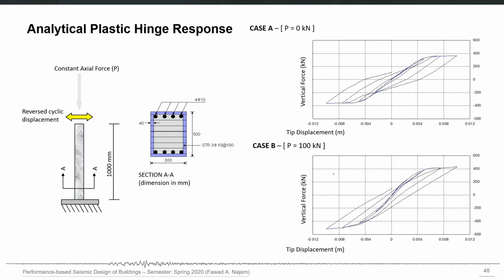So the very first thing which we have to consider while using the concentrated plastic hinge approach for columns is that unlike beams, here we have the axial flexural interaction. In beams, the only degree of freedom which we were concerned with was M3. So an M3 hinge was enough for beams, controlled by just one M3 versus theta 3 behavior. M3 means moment and theta 3 means rotation. So for beams that was okay, a simple case.